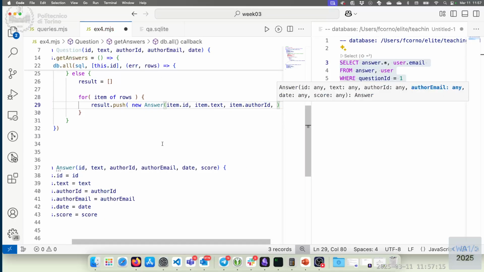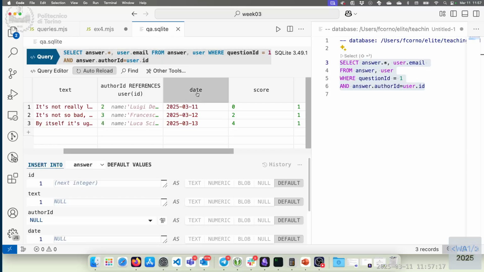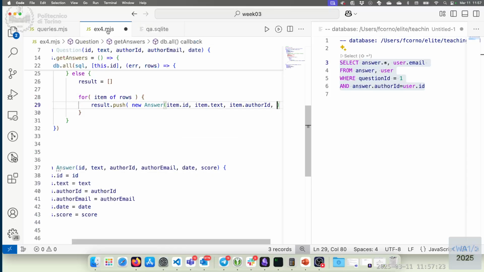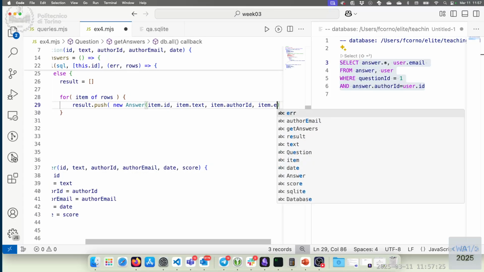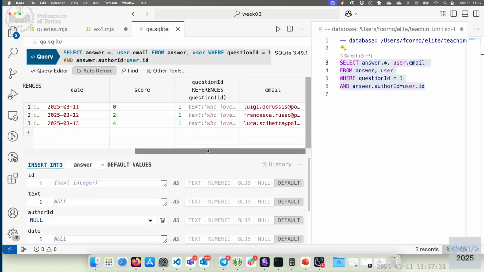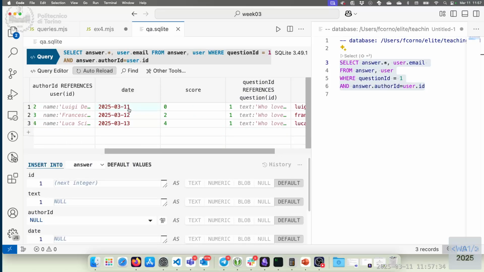The next one should be the author email, which is called just email in the query, item.email. Then we have the date, which is in the field called date,